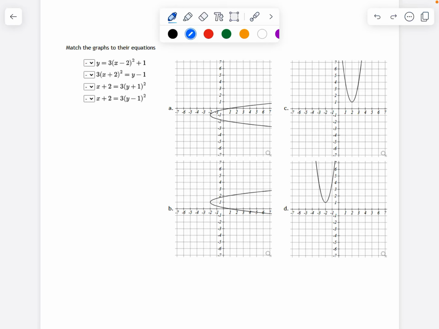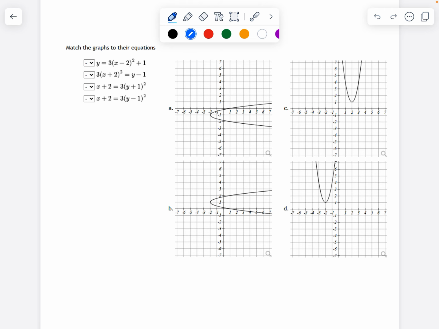Hello and welcome. So we are matching graphs to their equations. Now we can notice a couple of things. All of these are parabolas. Some of them are vertical, some of them are horizontal. So let's narrow down our list a little bit by remembering what the difference is between a horizontal